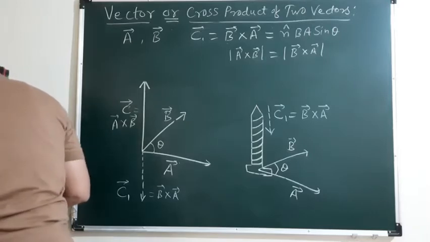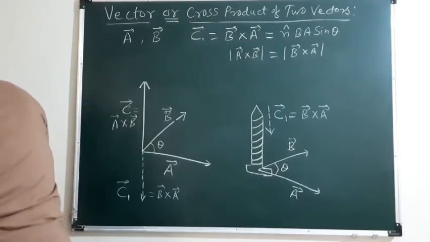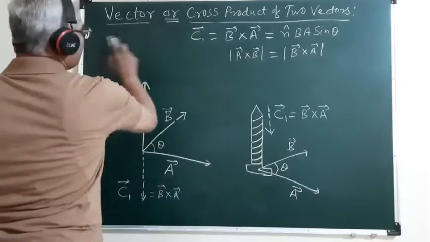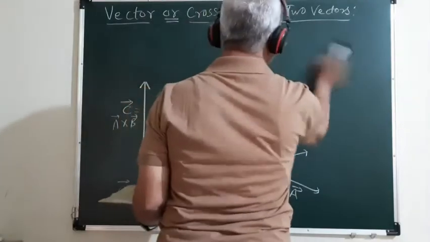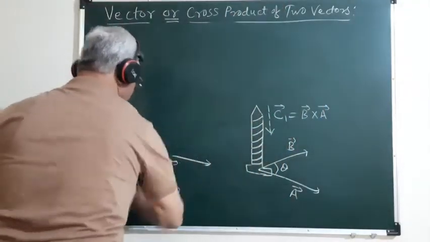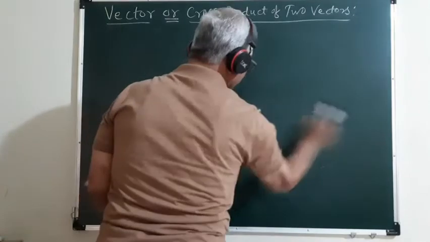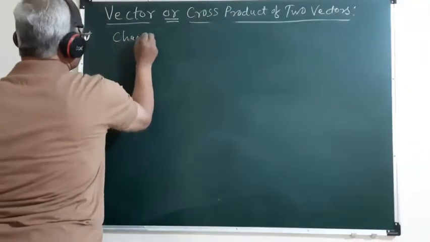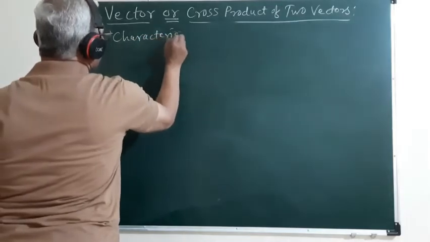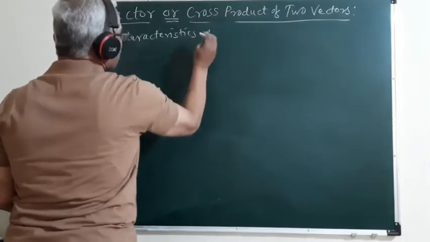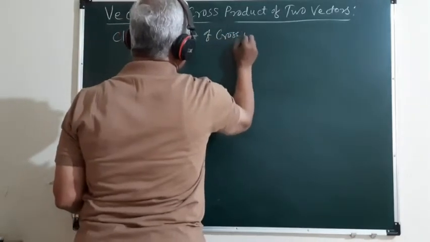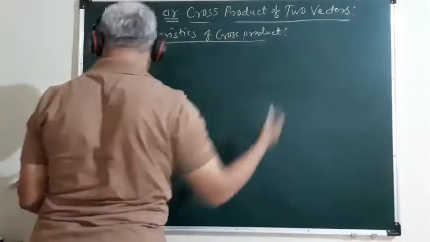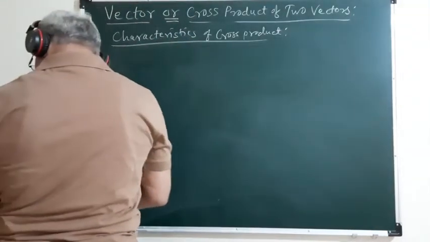The first and the most important characteristic of the vector product is that, the characteristics of cross product or vector product of two vectors. The first characteristic is that